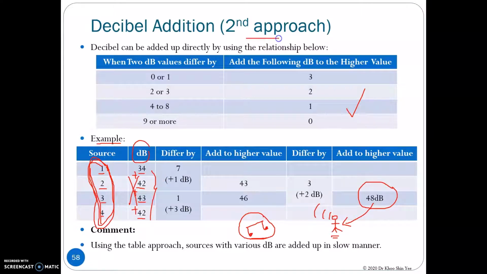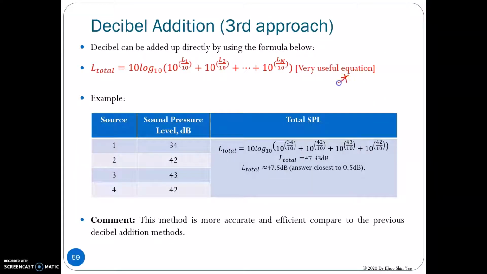For the second approach, which is the table approach, we can add up the sources with various dB, but this can be done in a very slow manner. In order to improve this, let's continue to the third approach. We are using this formula to add up the decibels directly. The total sound intensity level or sound pressure level can be added up by using this formula,